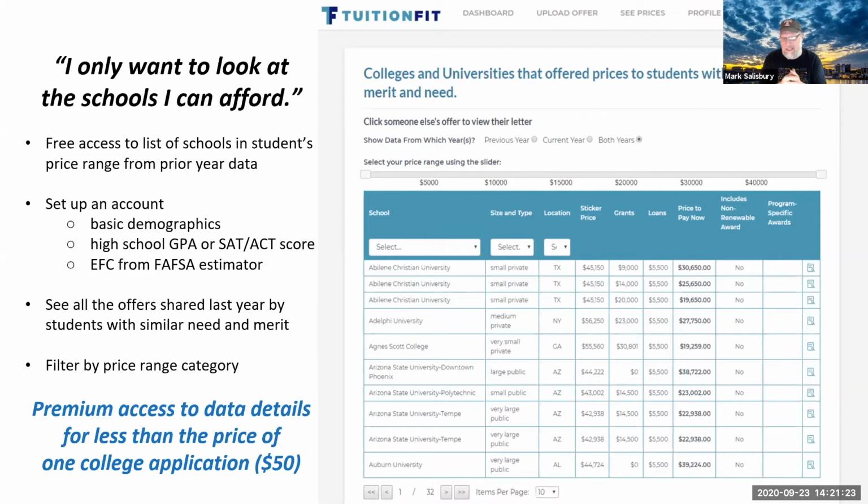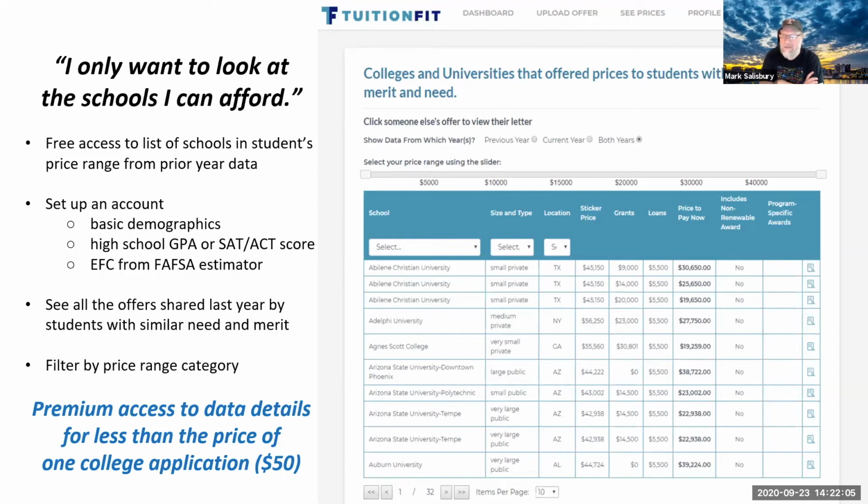Before, you would just say, okay, there's two schools, great. And the student says, I really want to go to Auburn. And mom and dad are like, I don't know. Now the question can be, yeah, maybe Auburn's better. But is Auburn $17,000 a year better? Because the price that the same type of student got at Arizona State was $22,900 per year, and that's for tuition, fees, room, and board. And that same kind of student got an offer from Auburn for $39,200. So now you can have a real conversation about, is Auburn $17,000 better?